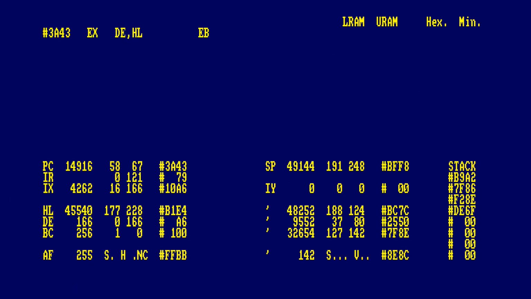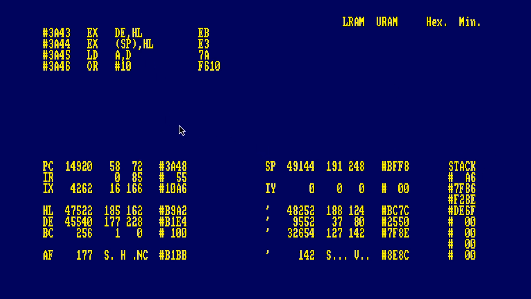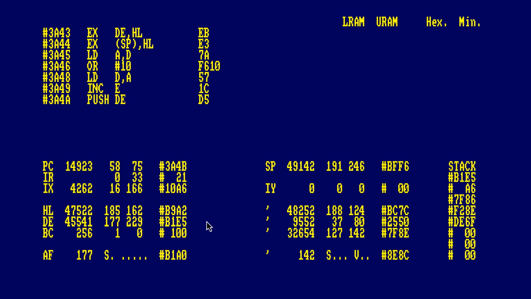If we trace this, so exchange DE with HL, so HL now equals A6, exchange that with the stack pointer, so HL now contains B9A2, which is the original return address, and the stack now has A6, AD, it's loaded, so that's manipulated, that contains B1E4, and values are pushed onto the stack. You'll find that basically if we run this,